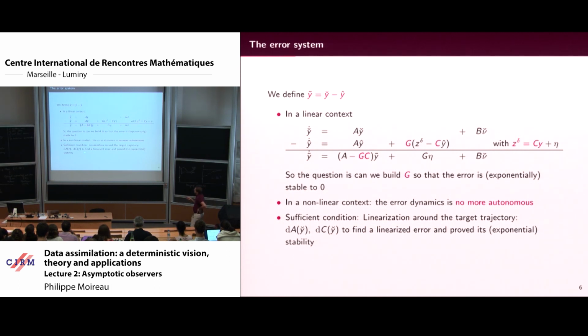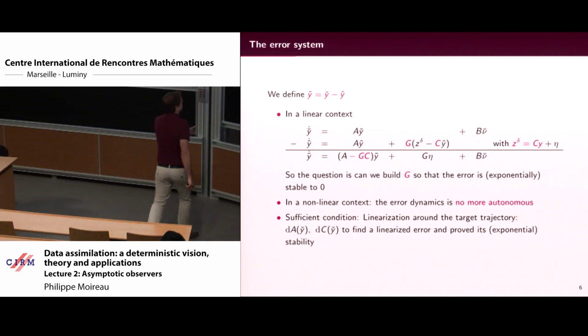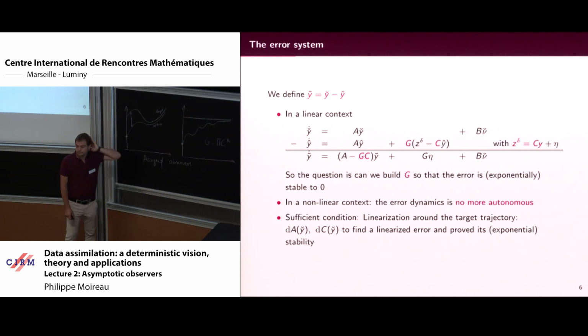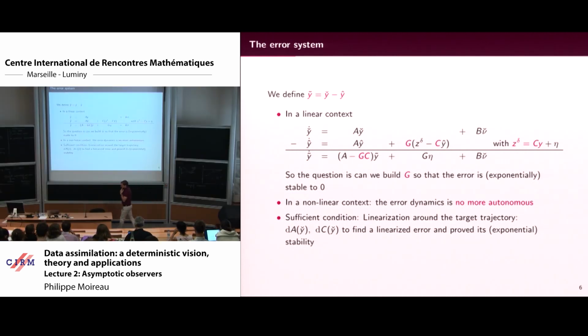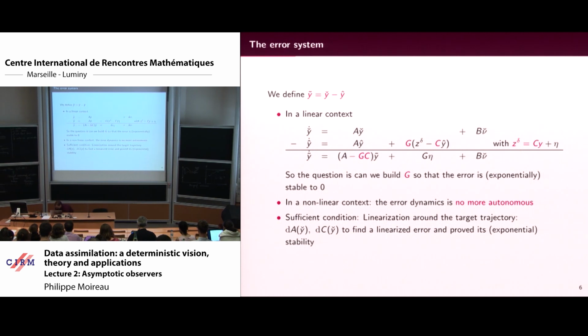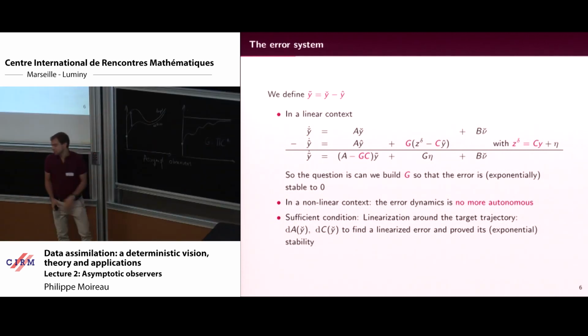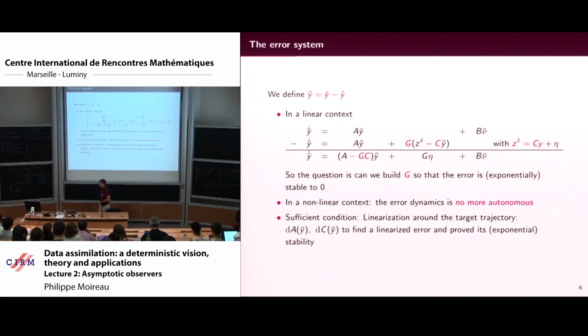Again, it's on the linearization that you will try to prove an exponential convergence, and then you will have that your system is an asymptotic observer as soon as the errors at the beginning are small enough. And Coron has also worked on situations where you can actually prove that in the nonlinear case, without linearization, the error will converge, but these are very strong results.